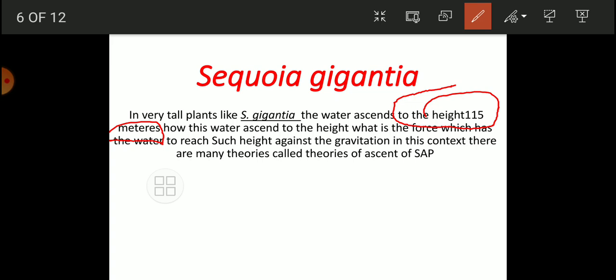In the sense that the ascent of sap takes place from the roots, through the xylem only,